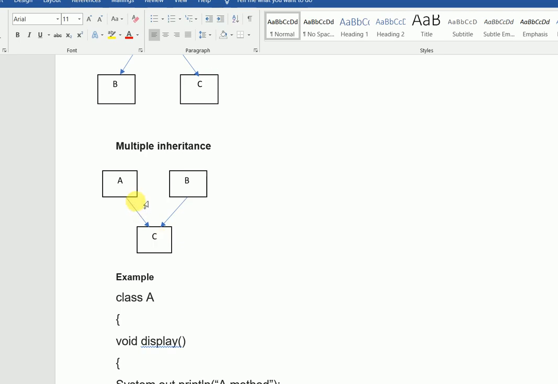For example, if A has a method display, B has a method display, and through the object of C you are calling the method display, the compiler will get confused whether you are calling the display method of A or B. So that is going to give an ambiguity error. That is the reason multiple inheritance is not supported in Java.